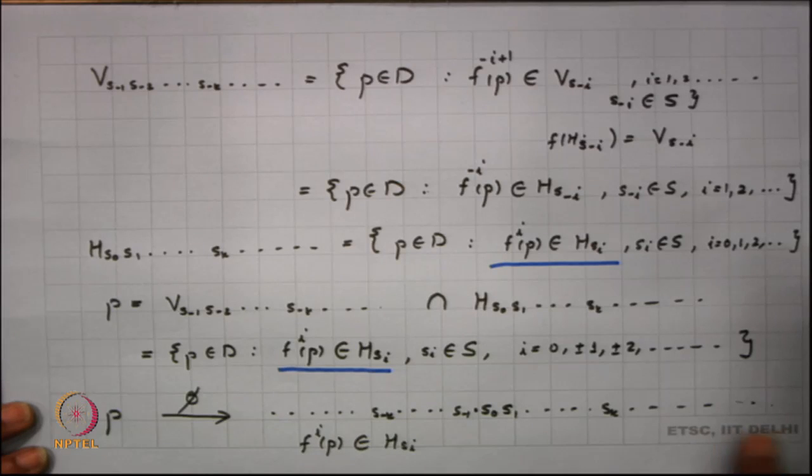The sequence of zeros and ones is going to remain the same, except that if n is positive, my decimal point moves n steps to the right. If n is negative, my decimal point moves n steps to the left, till the point adjacent to the decimal becomes S_n. So it keeps on moving. If we look into the orbit of p, it is nothing but moving this decimal point to the left or to the right.